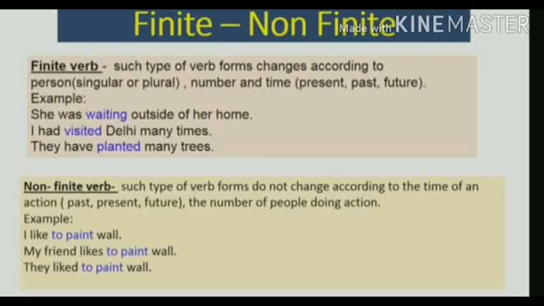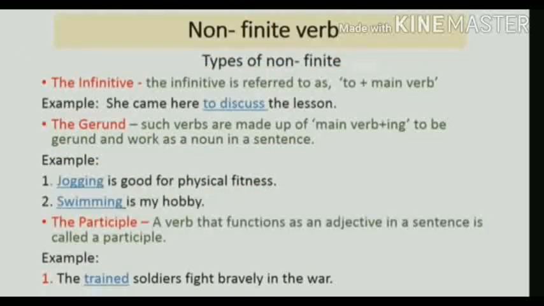Now, finite verbs we use in tenses, okay, and finite verbs have got 6 forms, whereas non-finite verbs do not have that many forms, and they do not change at all according to the subject, number or tenses. This is a simple line that you must remember and record in your notes, my dear children. Hope it is very clear for you, thus finite and non-finite verbs.